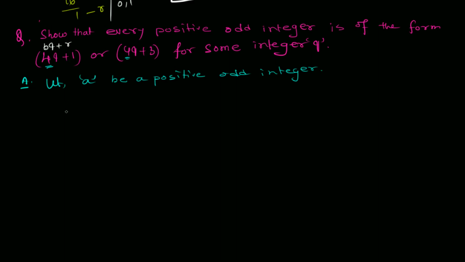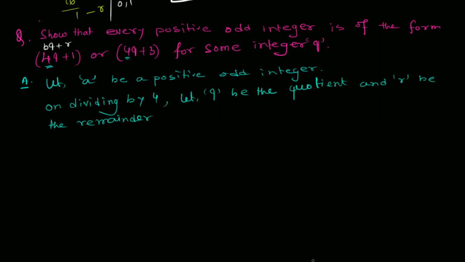So b is 3, which is the same in both cases, because we should always divide by the same number. In this case, b is 4. That's very important, that you should be able to identify the b. So on dividing by 4, let q be the quotient and r be the remainder. Now, using Euclid's algorithm, we can write,